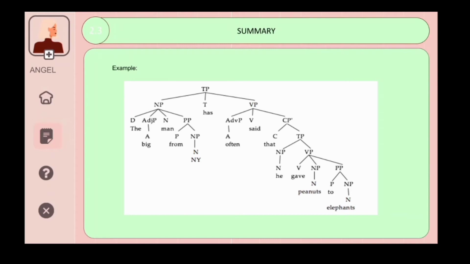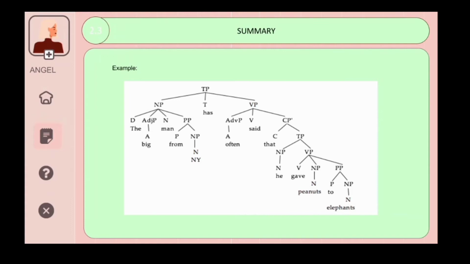We have the determiner the, and then the adjective phrase, adjective big, and then the noun subject is man, and then the prepositional phrase is from, and then the noun phrase, noun is NY, and then the T, our auxiliary verb, is has, and then the verb phrase, adverb phrase, adverb often, and then the verb is said, and then the CP